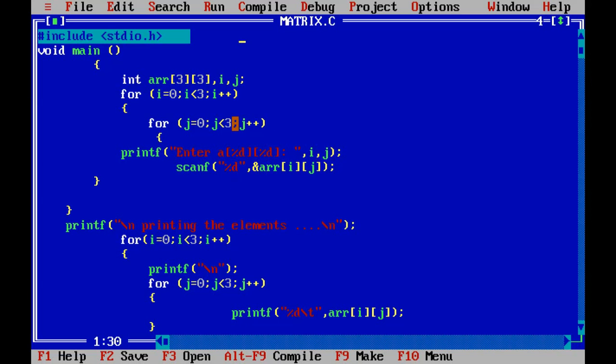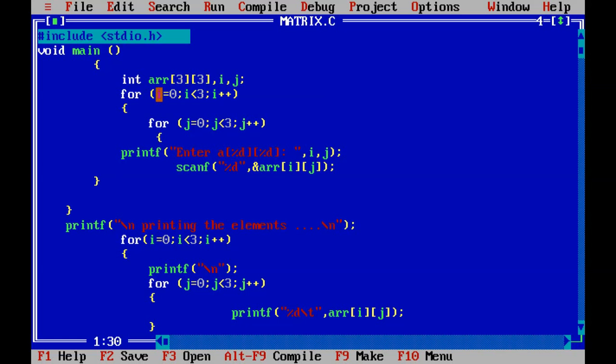Then j will be 2, so scanf stores the value in ARR[0][2], the third element of the first row. Then j will be 3, the condition becomes false, and it goes to the upper loop, that is i.